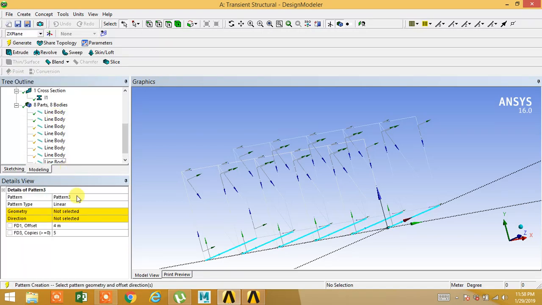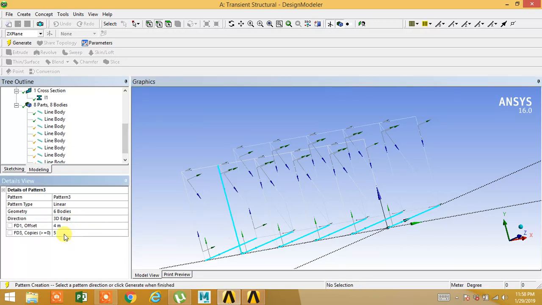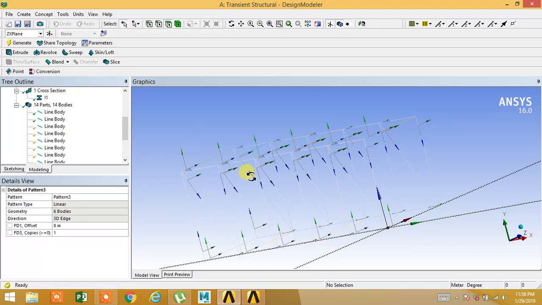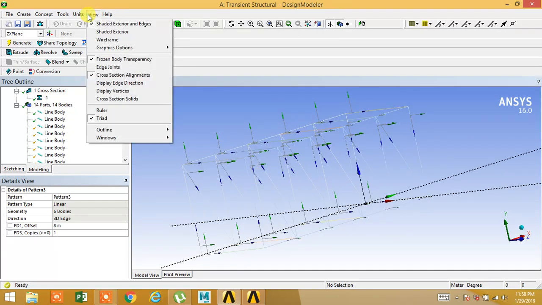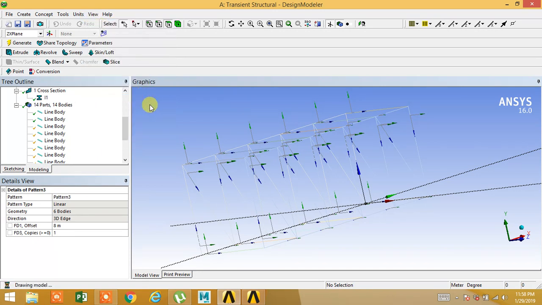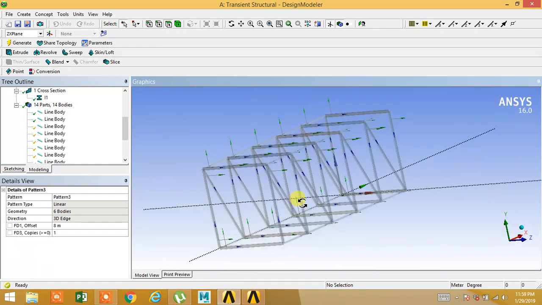Create pattern, height is 8 meter, number of copies will be 1, height will be 8. For clear view we can go to view, cross section cell. Now it's visible, right?